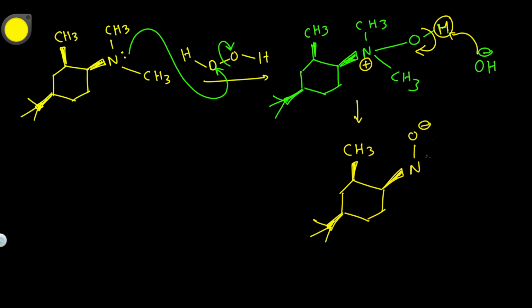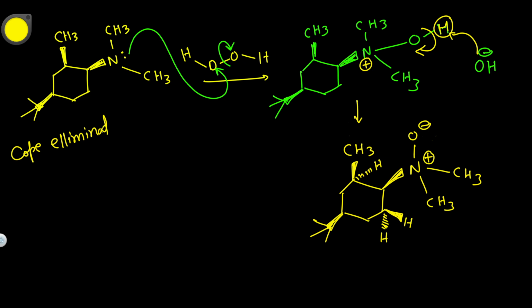This is our O minus here, and this is CH3, and here is another CH3, and here is a positive charge on this nitrogen. And here is also a hydrogen. You can assume one hydrogen is above the plane and one hydrogen is below the plane. Now what happened, you have possibilities, and here is also a hydrogen that is below the plane, and I have already told you in the Cope elimination,